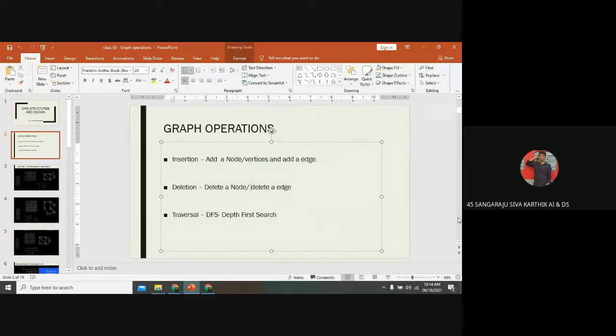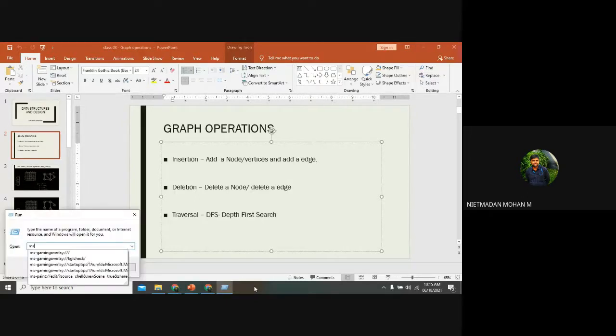Yes, sir. Before, in the previous class, I explained the graph terminologies. Can you tell me how we insert a node in a graph? Let's try.